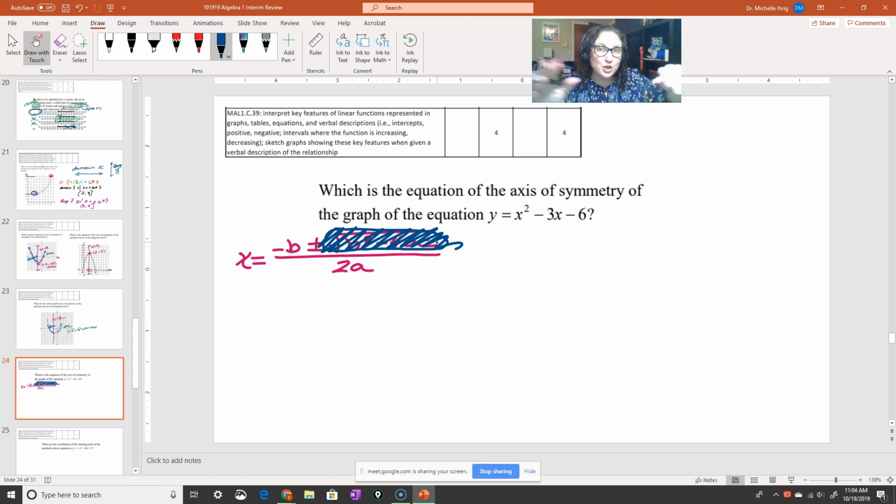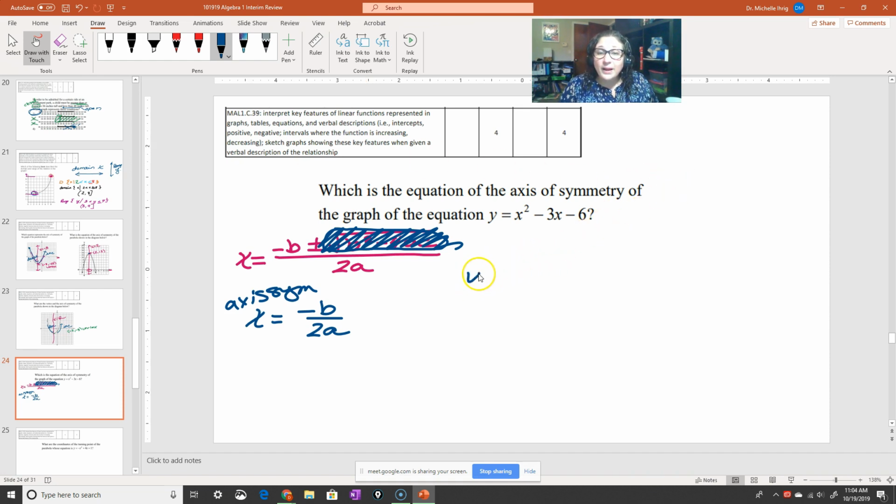When you throw away all the ugly stuff, the plus or minus square root of b squared minus 4ac, what you're left with is the axis of symmetry. How cool is that? So here, the axis of symmetry is x equals the opposite of b over 2a. You don't even have to memorize it. All you have to do is open up the formula sheet, cross out the gunk, and everything you've got left is how you figure out your axis of symmetry.